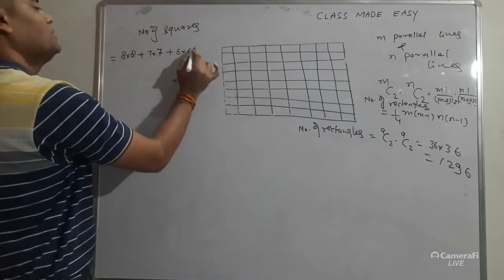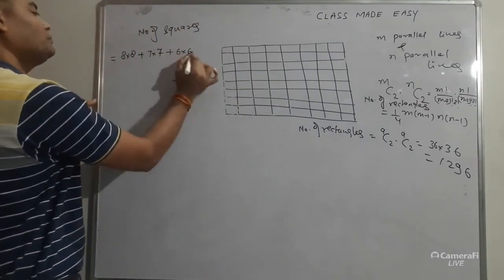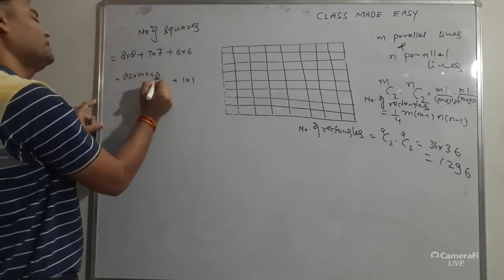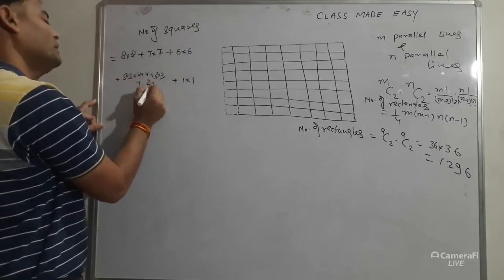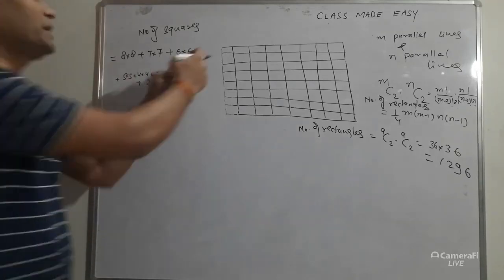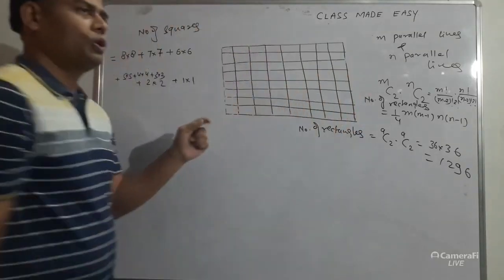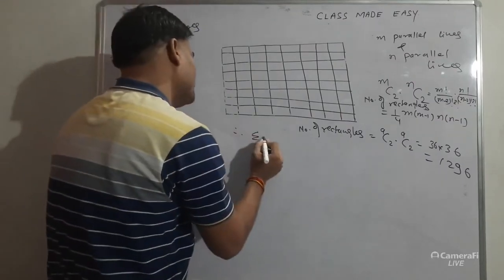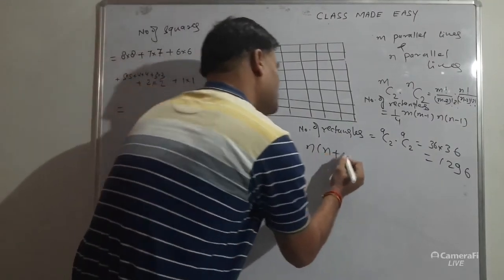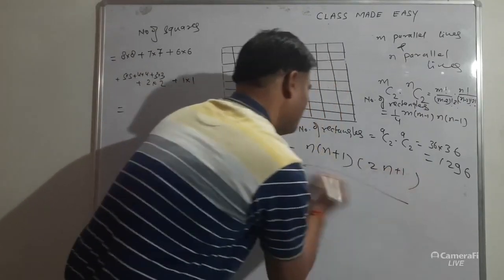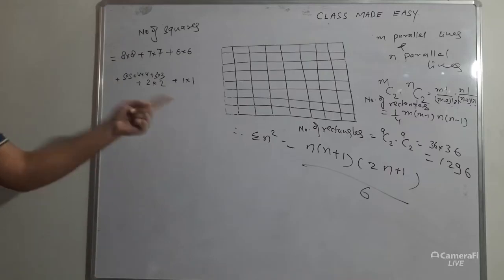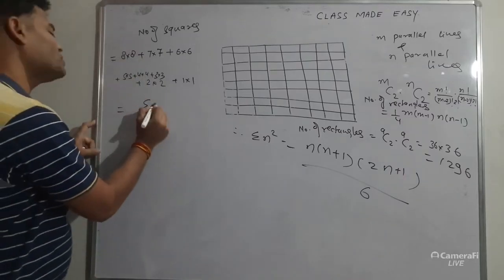So this is 6. So by similarity, that is 5 by 5, then 4 by 4, then 3 by 3, then 2 by 2, and the last one is 1 by 1. See, this is 1 by 1. So it is sigma n square. I will write here the sigma n square formula: n(n+1)(2n+1)/6. So here it is sigma 8 square, I think.